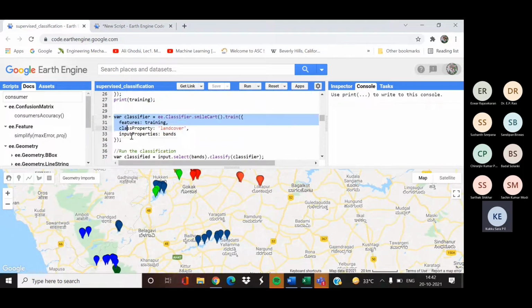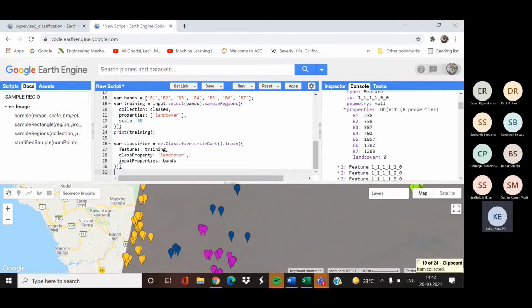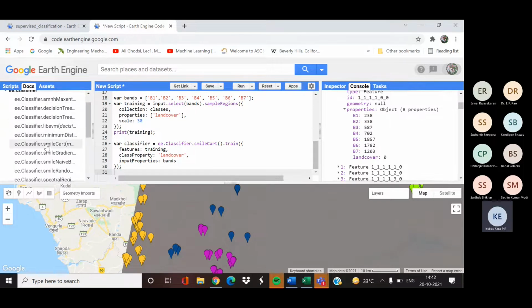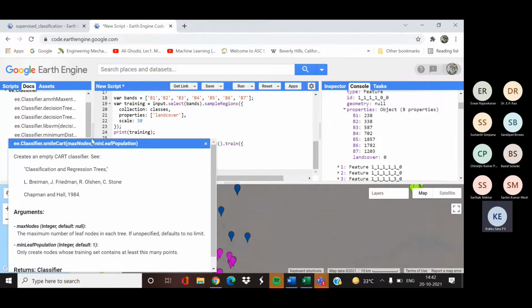So for that, just use the classifier. Here, as I've told you, we are using Smile CART. So just search the classifier. It will show a list of classifiers. From that, we are going to use ee.Classifier.smileCart. So this creates an empty classifier.